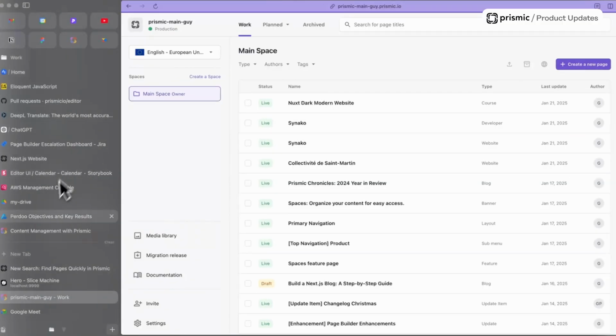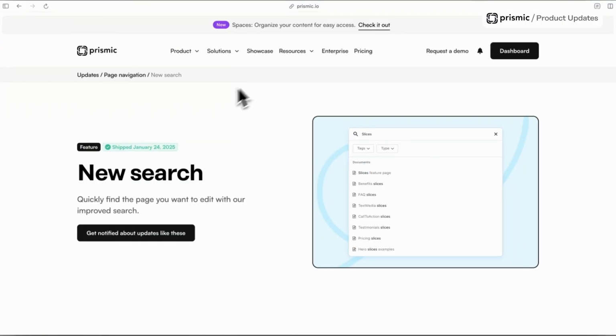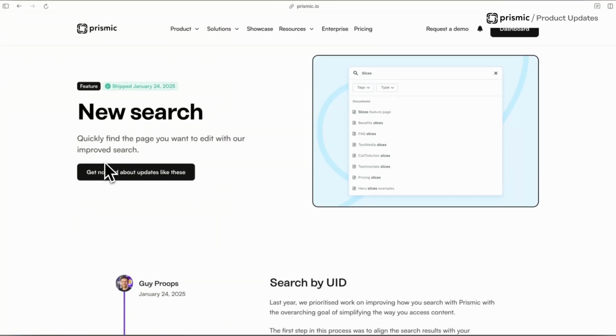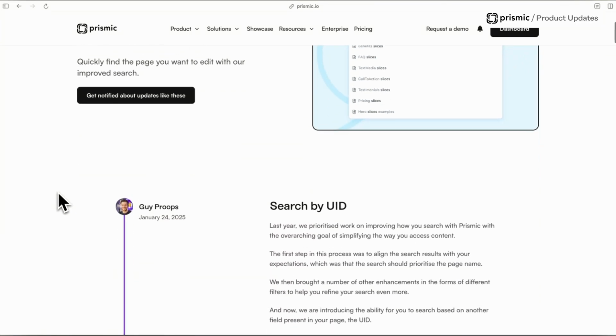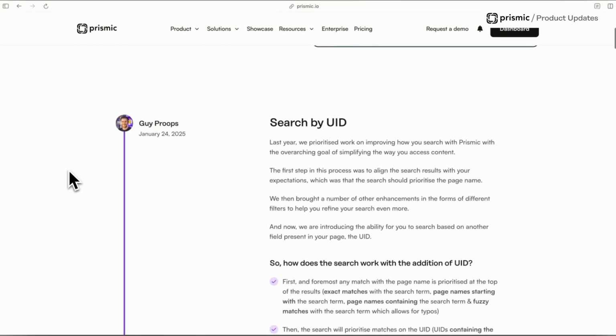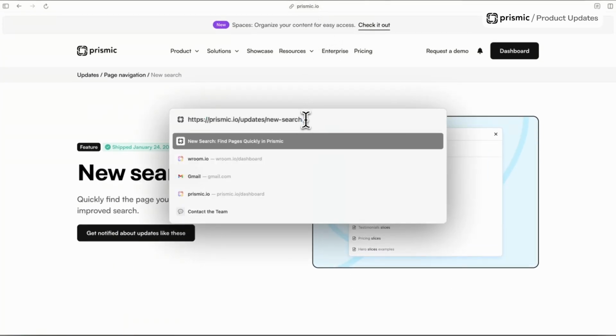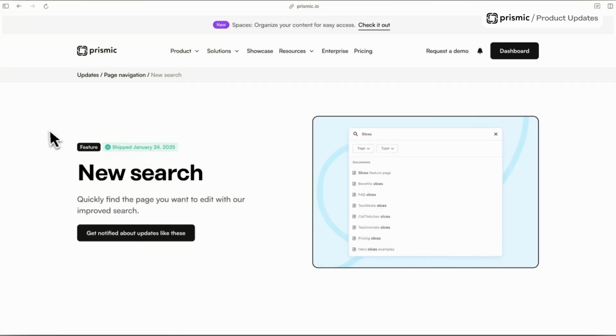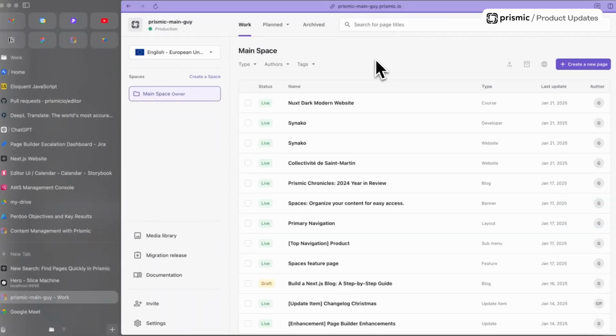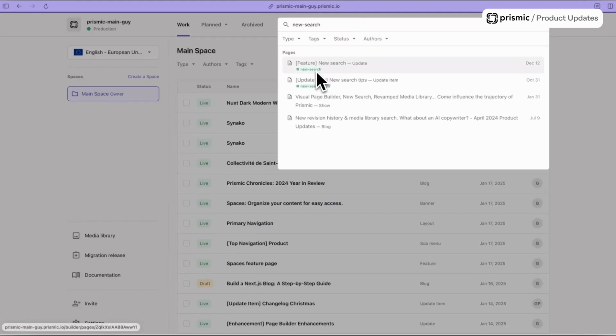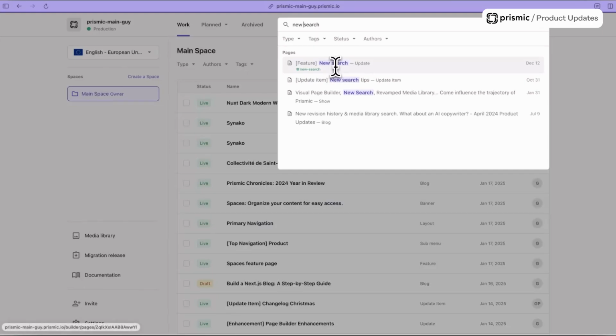So for example, if I go to Prismic main, so often the product team, we're working on these product pages where we post updates and all those sorts of things. So say I'm on this page here, search by UID, and I notice I've maybe made a quick typo or there's something that I want to update. I could quickly take from here, okay, new search, copy that, go to Prismic, search, and then I see here in my new search modal, I've got an exact match on the UID field based on the little highlight there. Obviously, if I were to remove that, you'll see that it's matching on the file name as well.